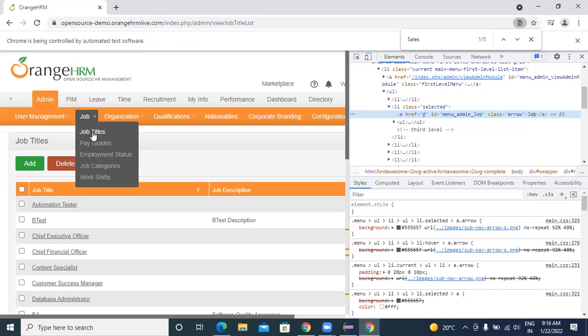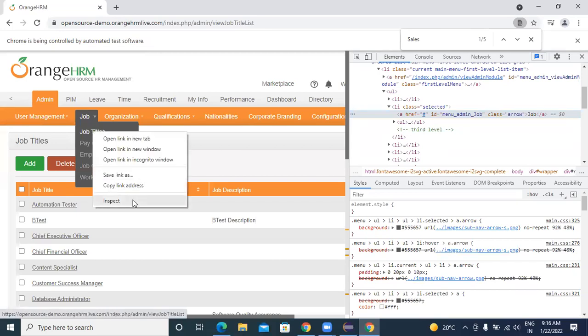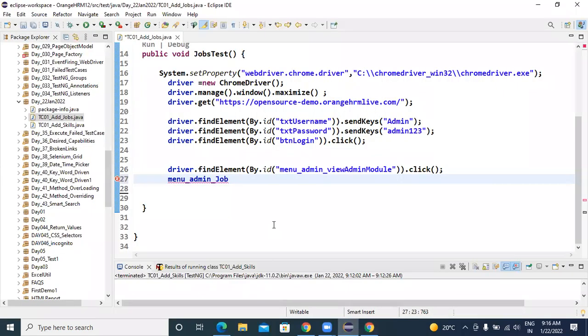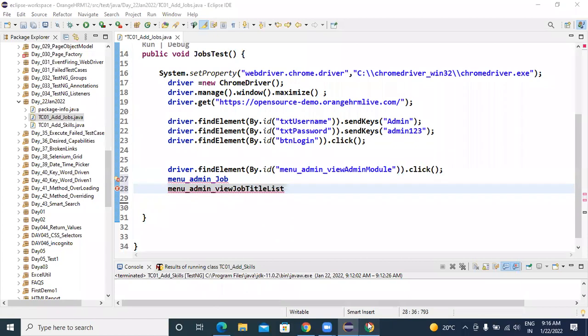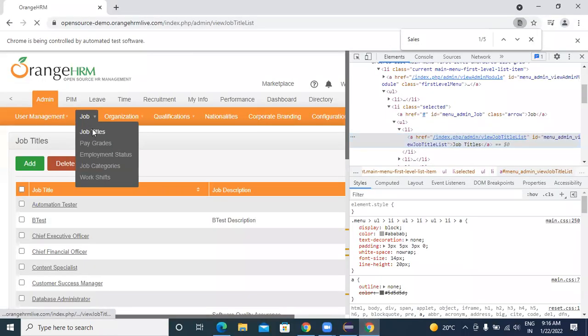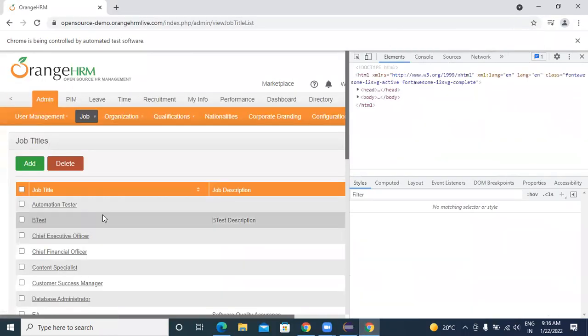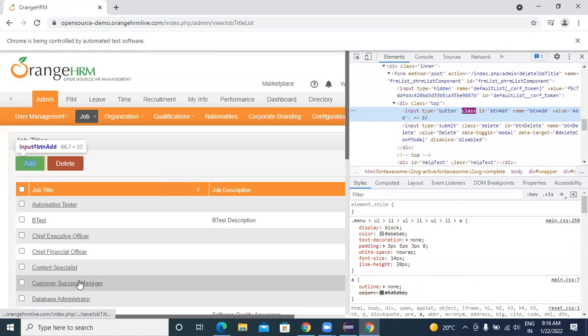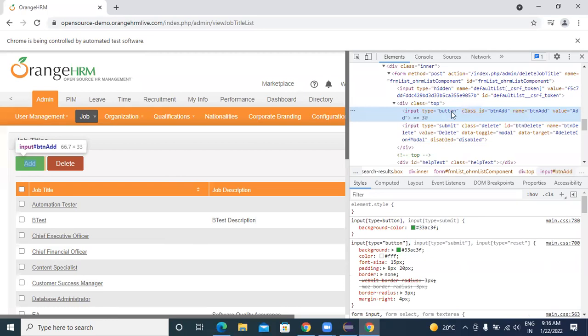Under job, I have to click on job titles. So inspect this one. ID is equal to job titles. Okay, after clicking on job titles, I have to inspect the add button. ID is equal to button add.